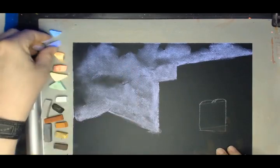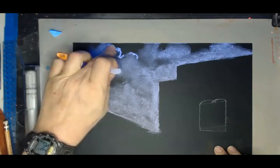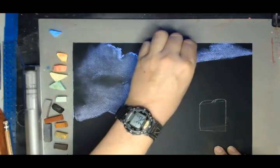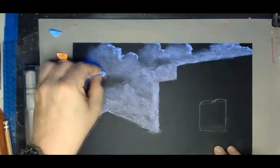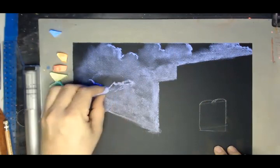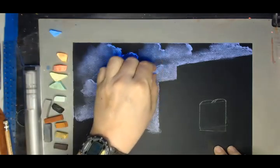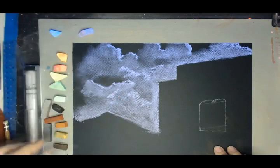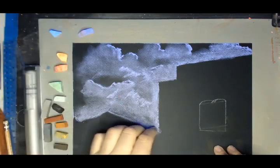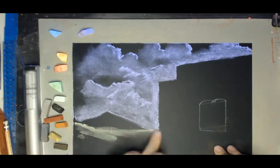Okay, so I've got my clouds just about in there, my cloudy sky. I can come back in if I want to and strengthen maybe the tops of those clouds just to get a little bit more definition in there. Just like that. Okay, so that gives more of a feel of distant clouds. And then if I want to, again, sort of give the feel of some grassy hills off in the background,